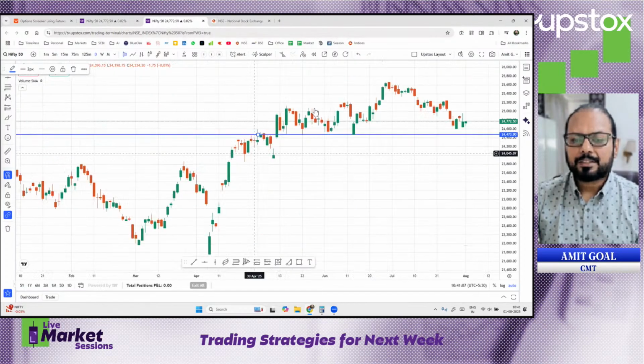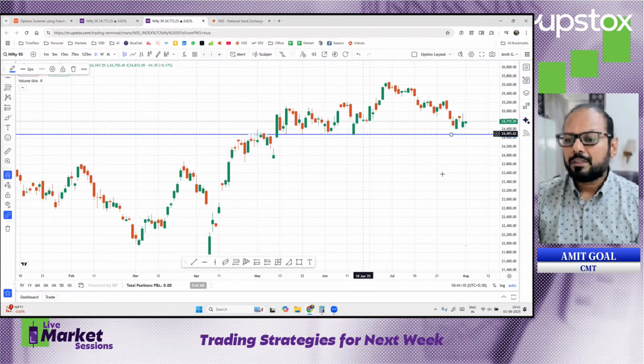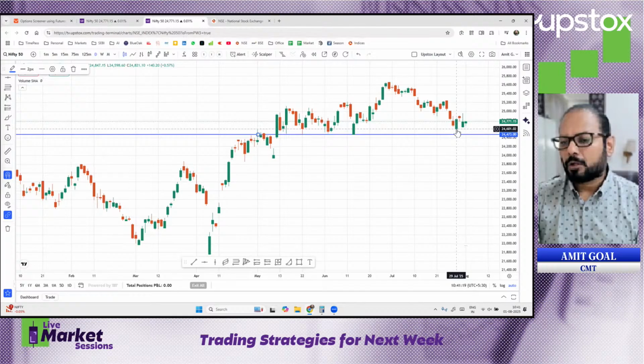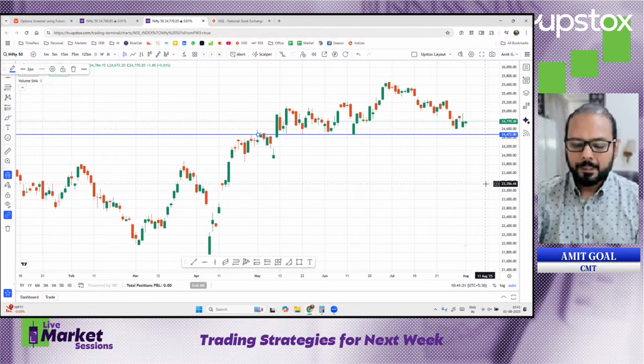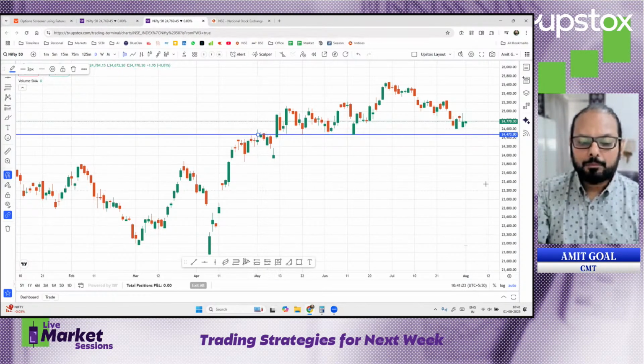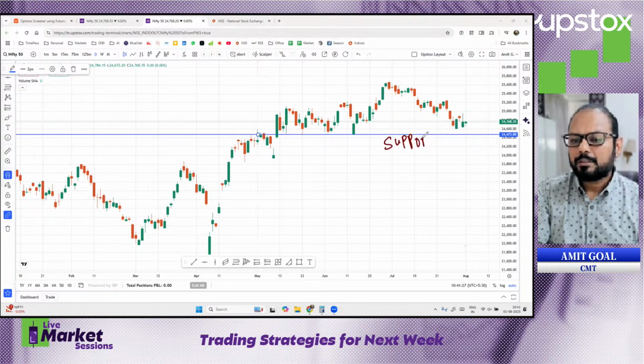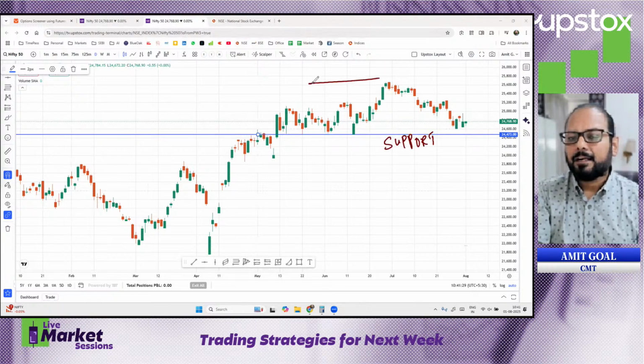So market has taken support multiple times at around 24,000, 24,500 levels. Even now, market has kind of made a near-term bottom at 24,600. So if I were to mark the territories and call this as support and this area as resistance,